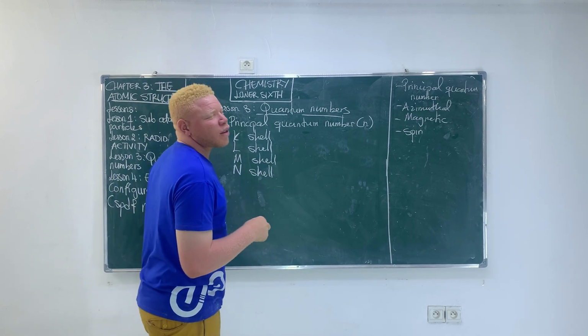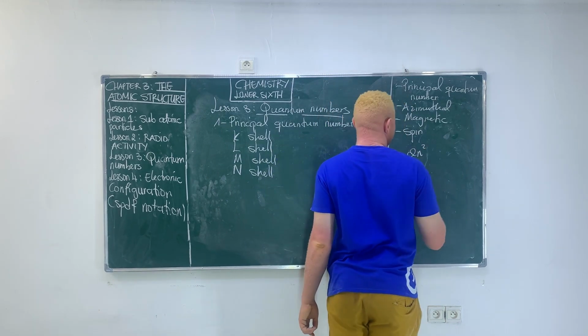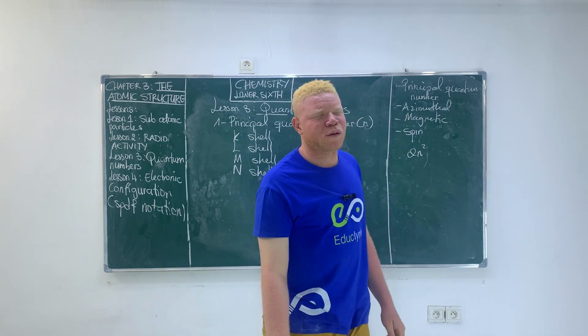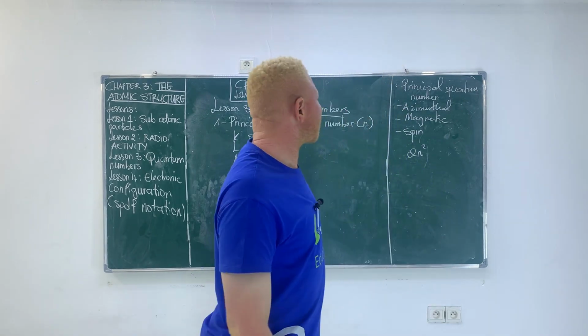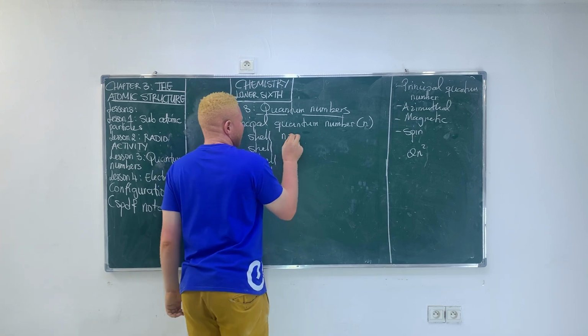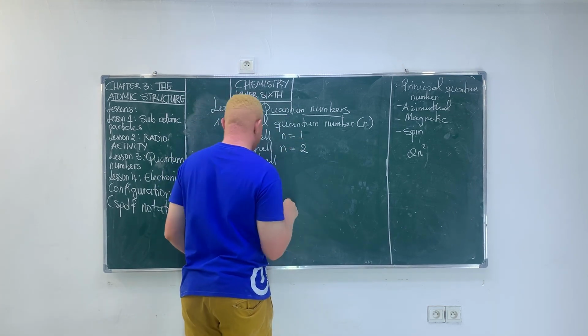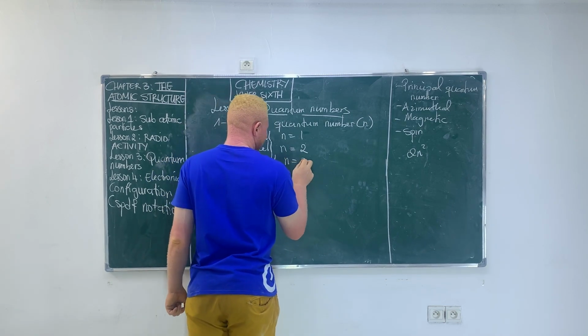The number of electrons in a shell is given by 2n², where n is the principal quantum number. For the K shell, n equals 1; n equals 2 for the L shell; for the M shell, n is 3,